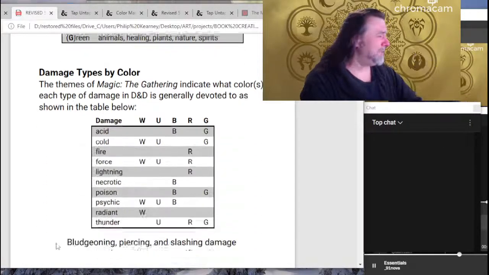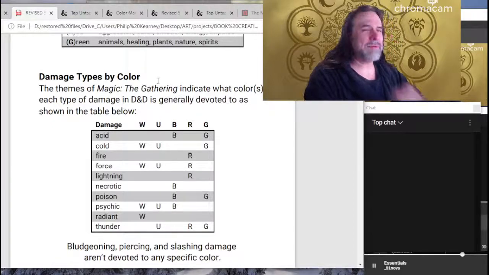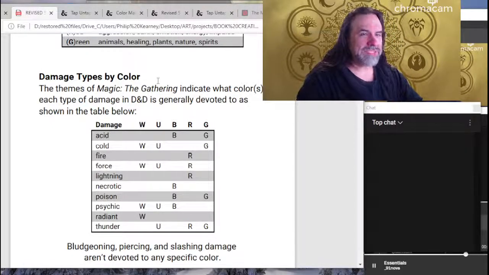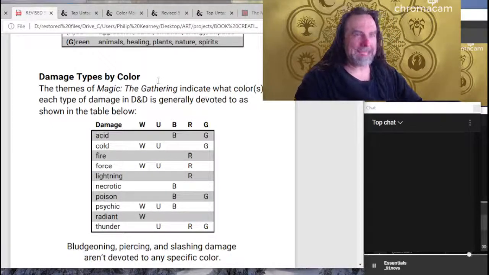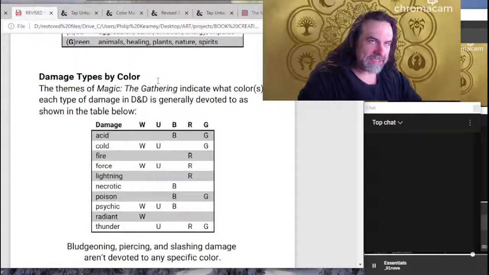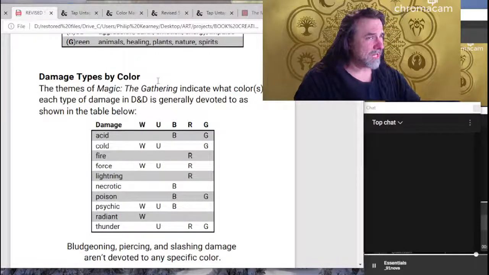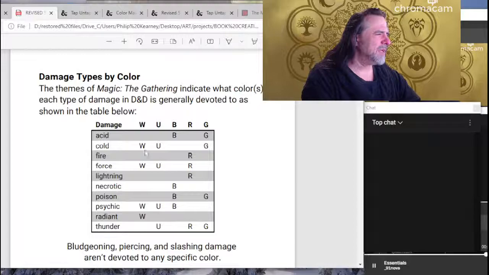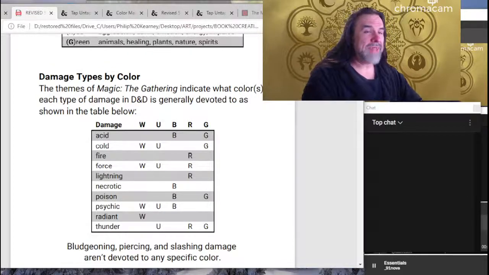So let's take it a step deeper. There's a number of types of damage, elemental damage, or magic damage types in Dungeons & Dragons that don't 100% translate into Magic the Gathering. But if you flip through a number of cards that correspond with the colors of white, blue, black, red, and green, you're going to see common themes cropping up in those cards that are evident with the different types of damage that exist inside of Dungeons & Dragons.